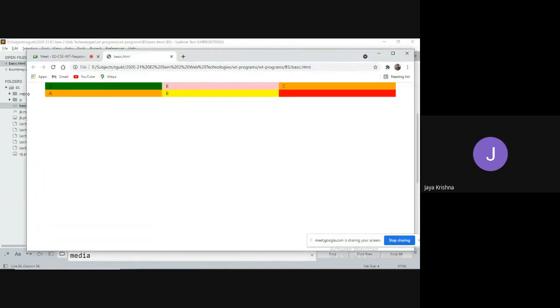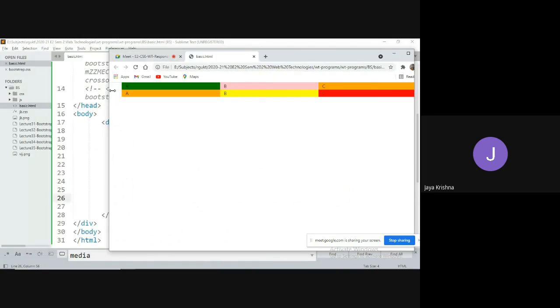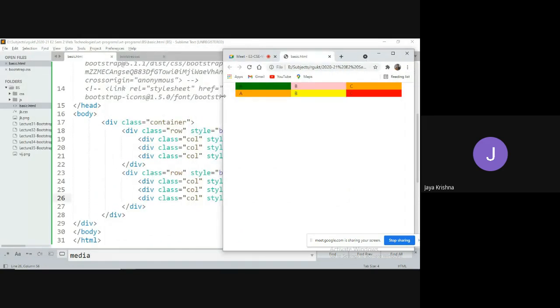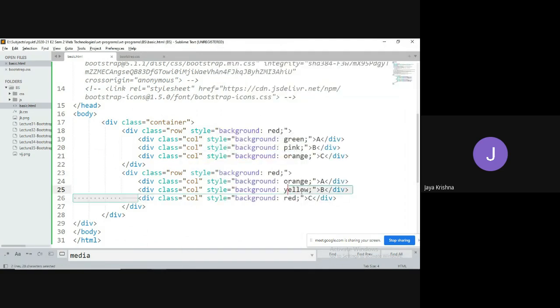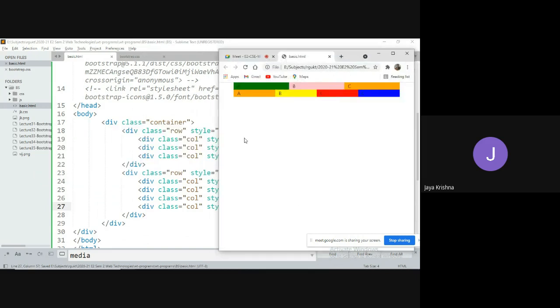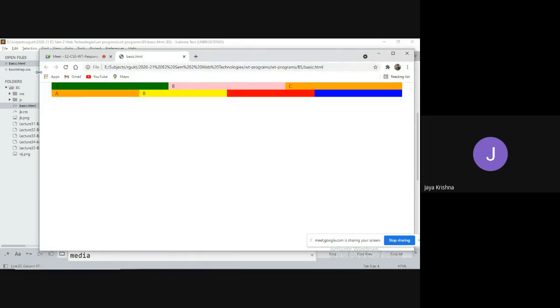Observe, we'll get this kind of thing. So it is responsive based on the screen width. It is going to change its content. For example, in the first row I have three columns, and in the second row I need four columns. Then what can I do? I can simply take one more division column class. That's it. Something like blue. See guys, observe. So it is simply flexbox only.